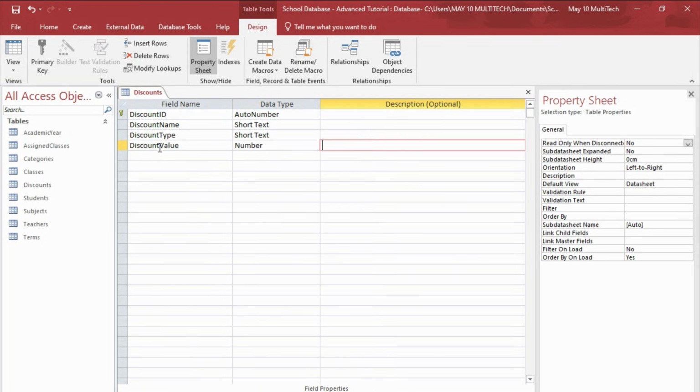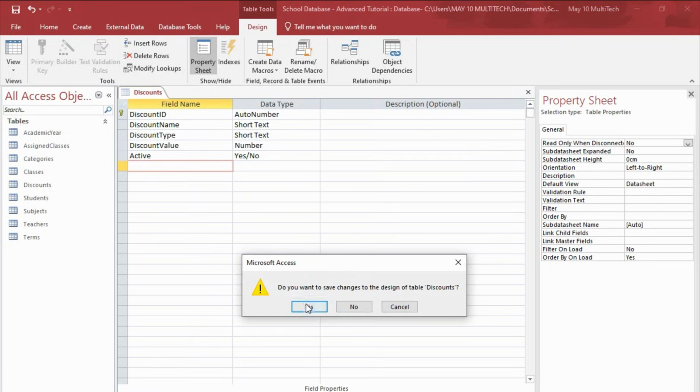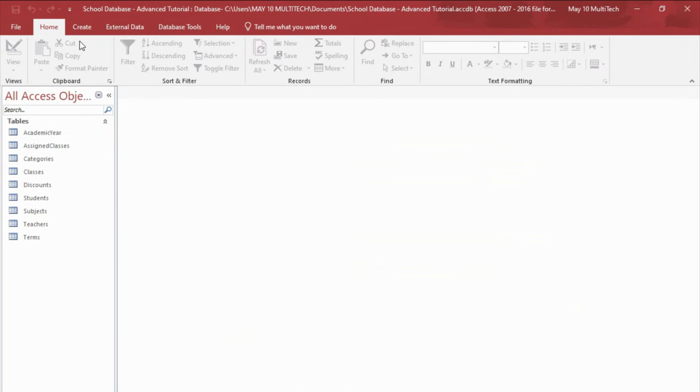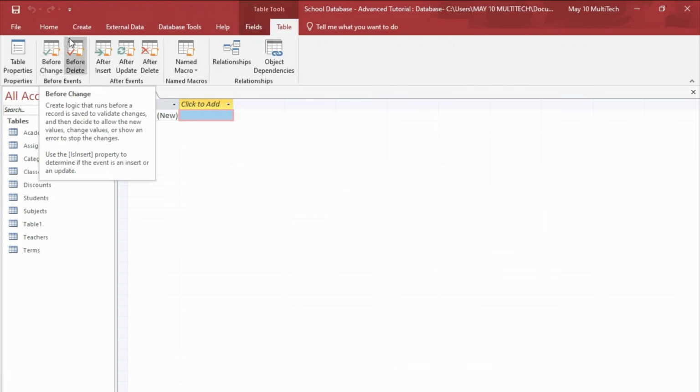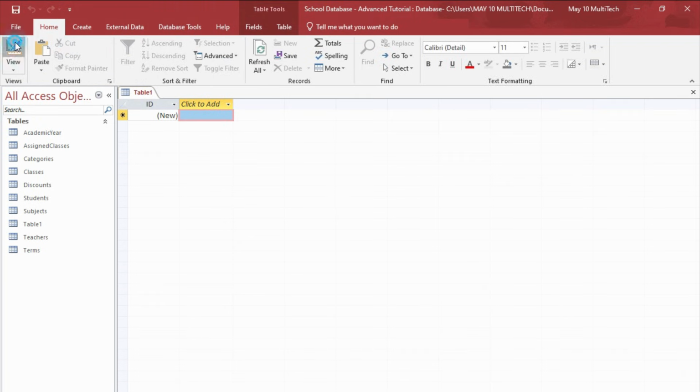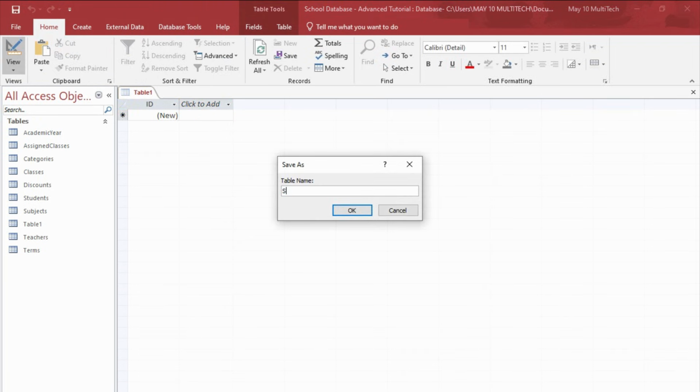This one is going to be number, active, yes. Now I'll close this one, save it. The next table, we are going to create the student discount. Yes, after we have created the discounts table, you have to create the student discount. This one, go to the design tab and student